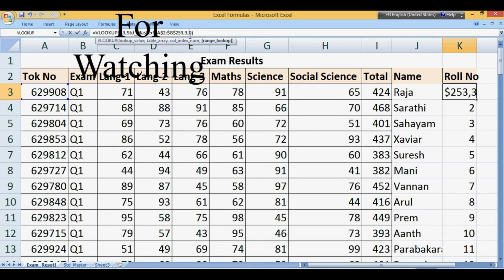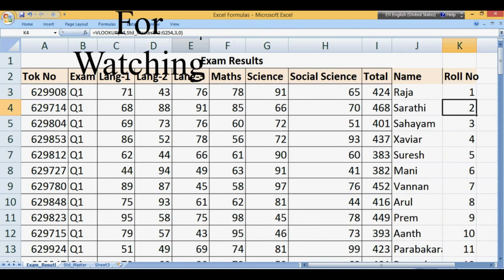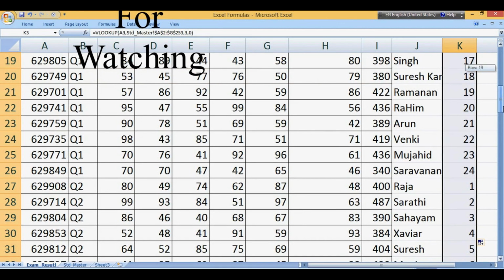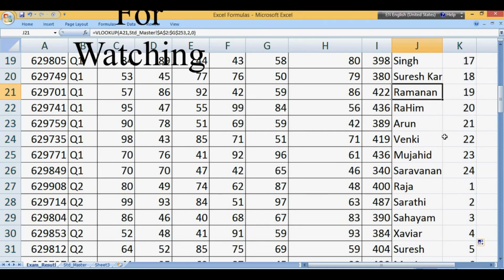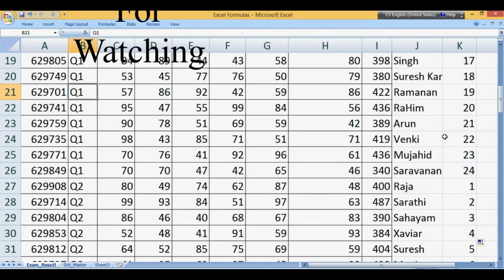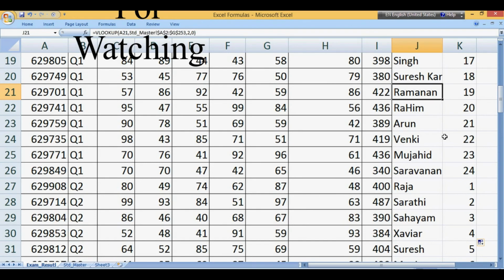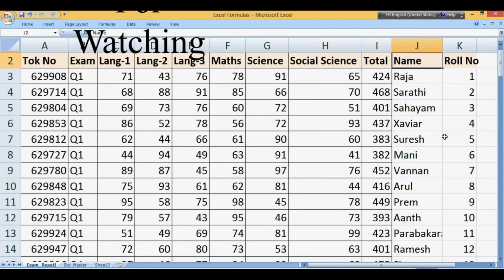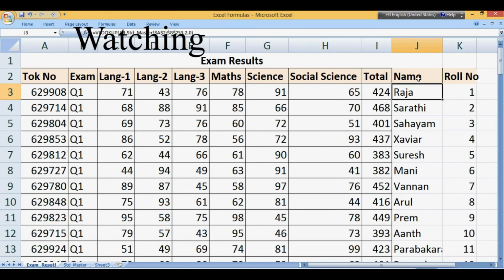Now my column is 3. Press enter. Now come down. See Ramana. This is where we got not applicable. So here, the mark sheet is a score sheet, an exam result score sheet.